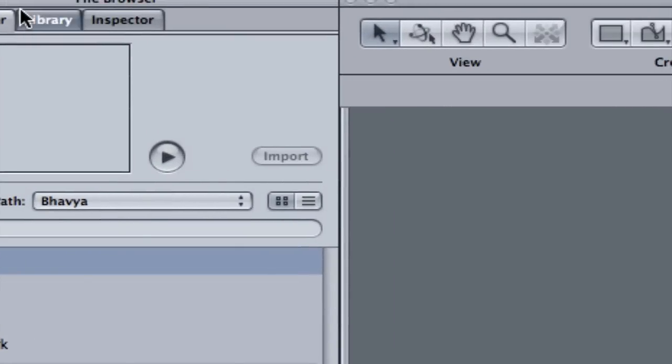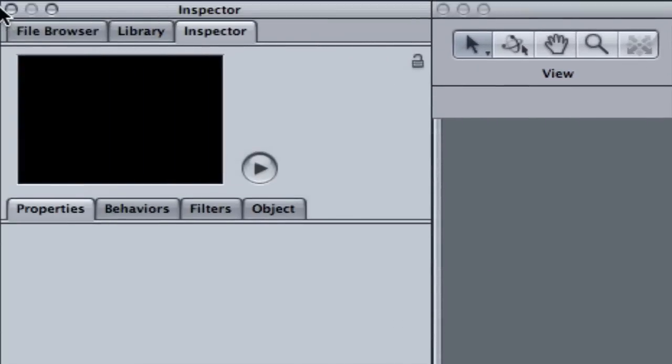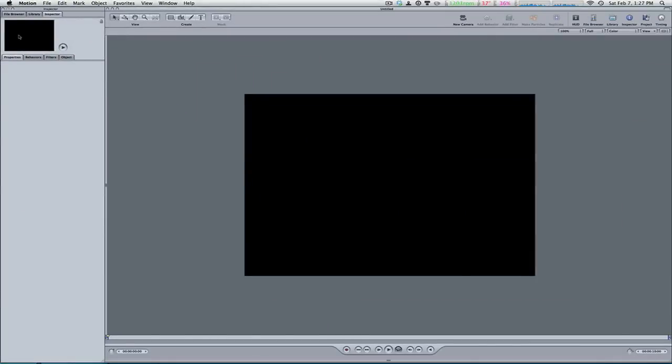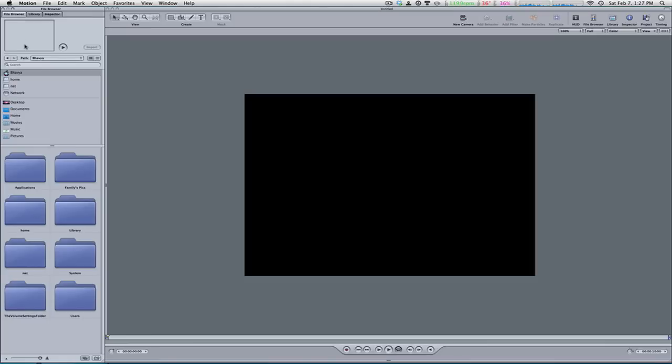Now let's start by looking over to our left hand side where you have three different windows: your file browser, your library, and your inspector. Let's start with the file browser. This is a simple browser that lets you look around on your hard drive for files that you would want to import into your canvas. These files may include images, photos, or any other types of files that can be edited and used in your